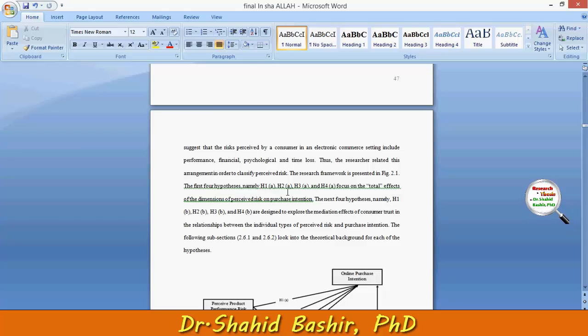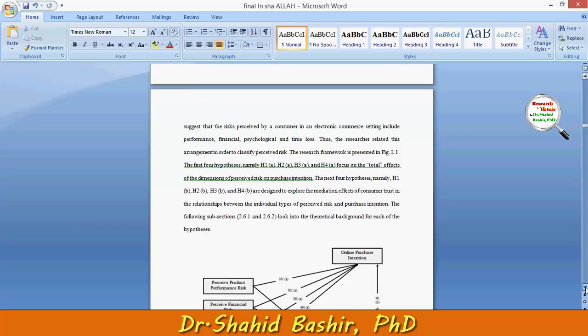The first four hypotheses, namely these, focus on the total effect of the dimension of perceived risk on purchase intention. The next four hypotheses, namely these, are designed to explore the mediation effect of consumer trust in the relationship between the individual types of perceived risk and purchase intention. Why am I saying this?